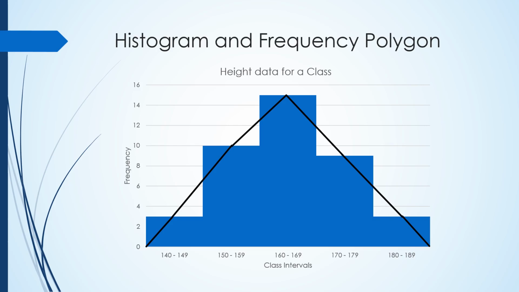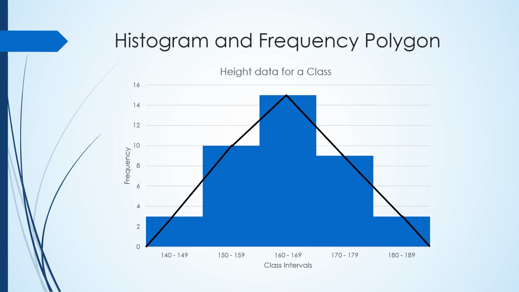The modal class is 160 to 169 centimeters since it has the highest frequency of 15 students. The median falls in this same class as the 20th and 21st values lie there based on cumulative frequency. Quartiles, Q1 and Q3, can also be estimated within class intervals using interpolation. The interquartile range, IQR, is found by subtracting Q1 from Q3, and the range is approximately 50 centimeters, calculated using